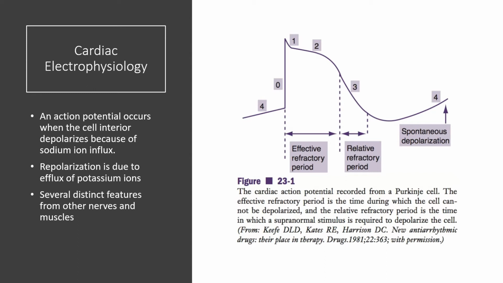So at phase 1, this is actually an early brief period of repolarization. And this occurs because there's specific potassium channels in the cell membranes that open up and they allow for potassium to leave the cell. Phase 2